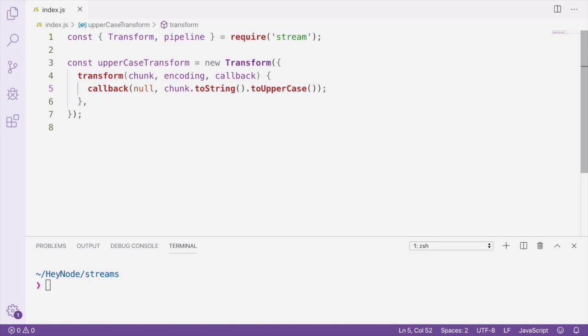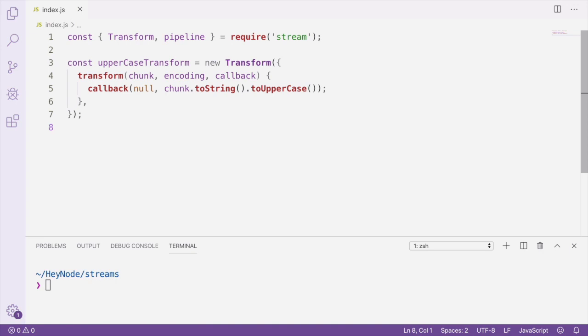To create our transform stream, we're using the transform constructor from the stream module. We're required to implement a method called transform on our transform stream. This method will receive a chunk of data that's passed to the transform stream, the encoding of the chunk, and a callback function which we can use to return an error or the newly transformed data. We convert the chunk to a string because by default the data chunk will be a buffer object, and then we're going to call the string method toUpperCase to convert the string to uppercase. We output the transformed chunk as readable data by passing it as the second argument to the callback. This data will then be able to be read by the stream that our transform stream is being piped into.